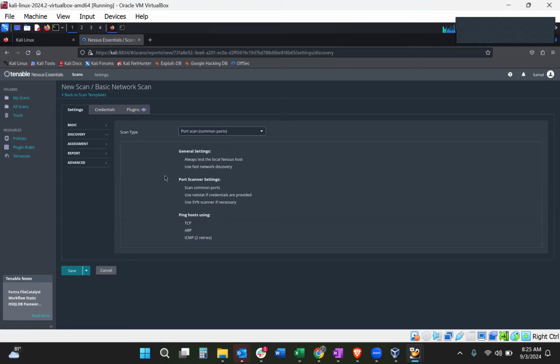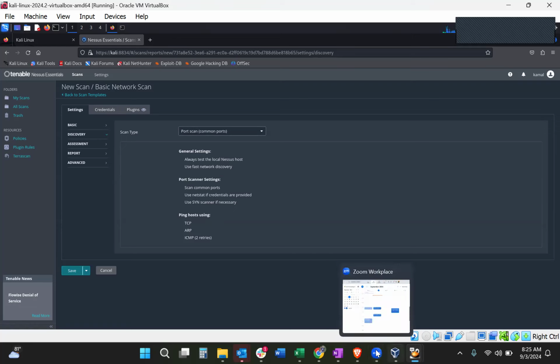Here, this is a very important topic that I have to explain. We have two types of vulnerability scanning: one is authenticated, one is unauthenticated. When I say authenticated,